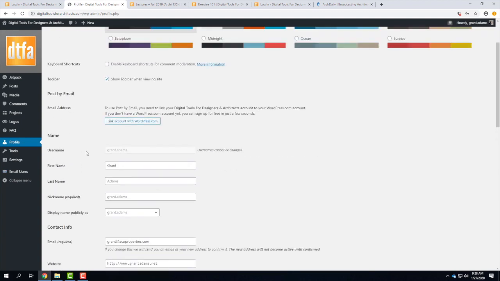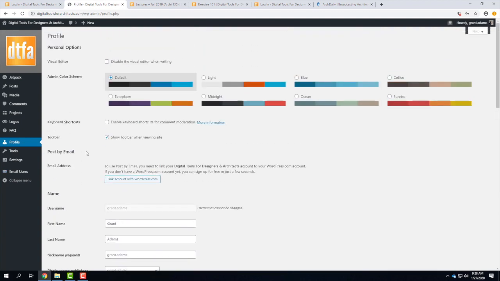So when we get to creating our first post, that's what we're going to do in part 2 of this. We're going to create a post about some kind of design. I reference architecture, but if you're an industrial design student, find a website that's interesting for industrial design. Find a product that's interesting. I don't really care what it is, if I'm being honest. We just have to create a first post to prove that you are logged in and that you know how to do this.